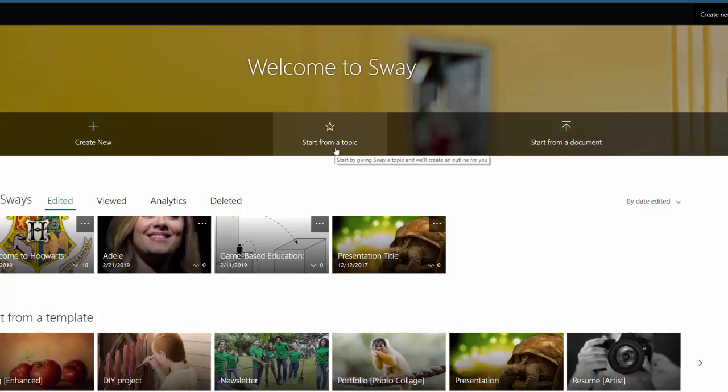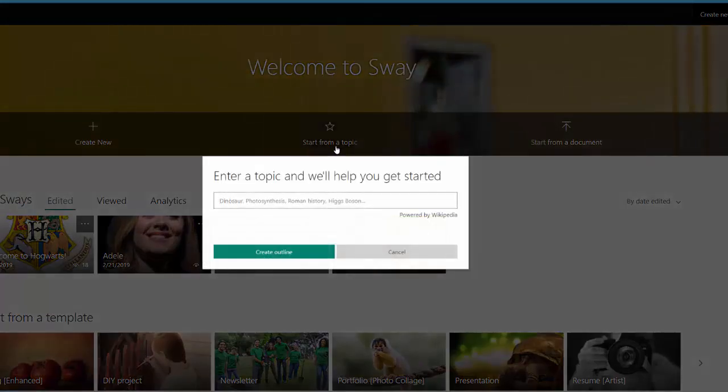This one, in the middle, Start from a Topic, is useful for creating a presentation off of a basic topic. This is because when you click this button, it will let you enter in a topic of your choice to create a basic outline using some aggregated content. Let's say we use one of my favorite topics lately, Harry Potter.